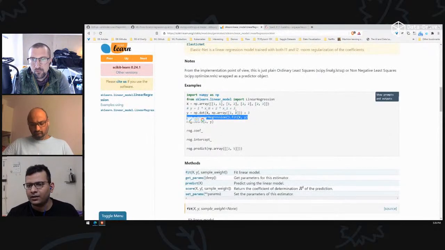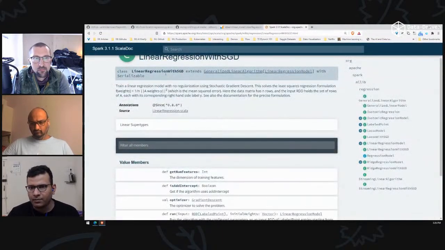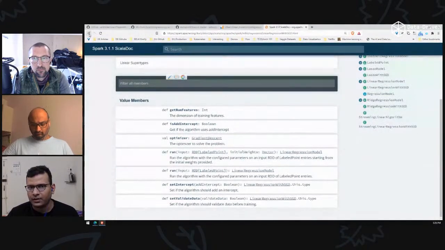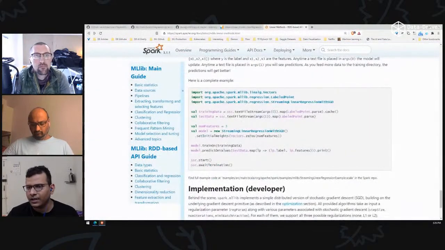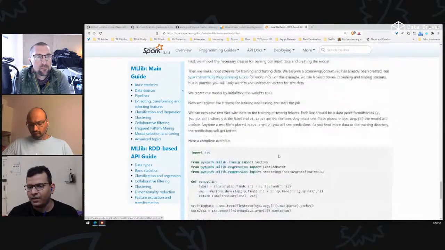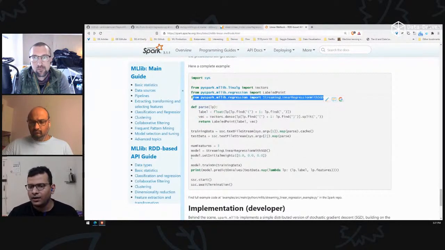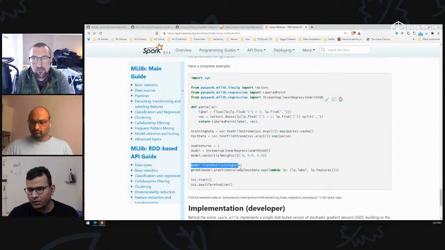So this is how Scikit-Learn does it, and this is how Spark MLlib does it. It is a simple library which we can use. The code is going to look something like this. We import the corresponding library, and we simply call the train function. So we call model.train, which trains on the corresponding data, and we are done.